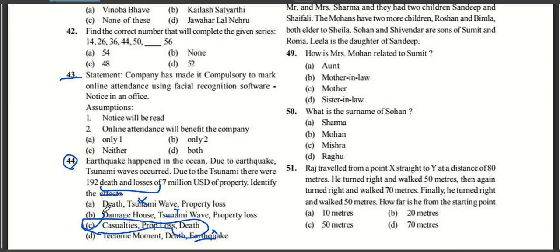So in these types of questions where they're asking for the effect, you don't have to apply your mind. You have to go straightforward and just tick the option in which you are 100% sure. Don't go inside the options, like saying tectonic movement is the effect of the earthquake. This can be true, since the earthquake is itself an effect of tectonic movement, but no, this is not correct. You have to go only one step. Don't go two or three steps ahead inside that question.